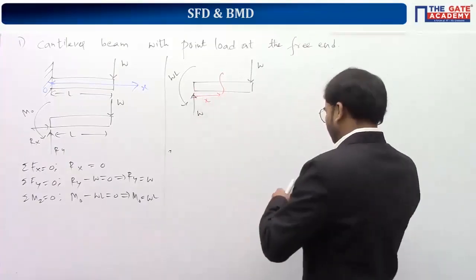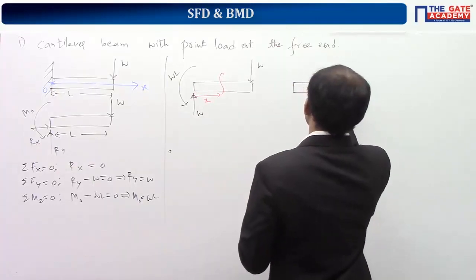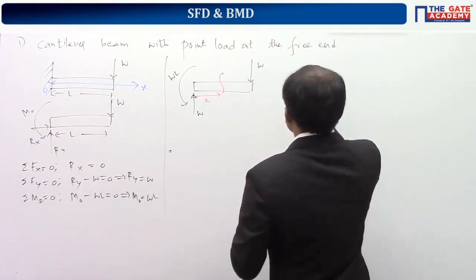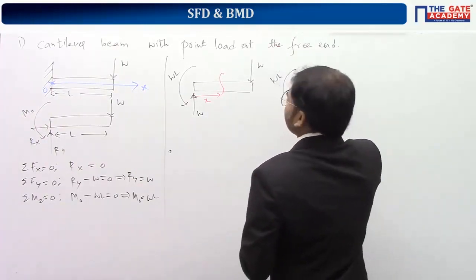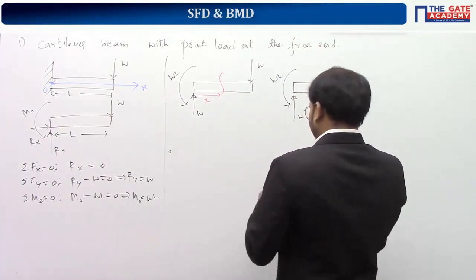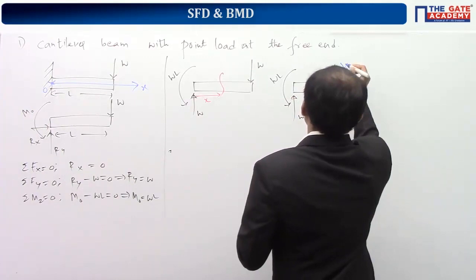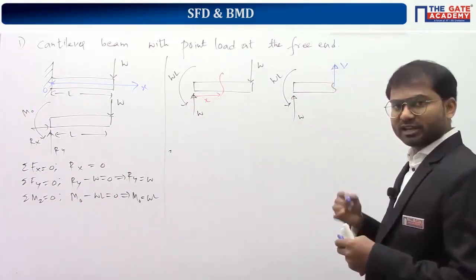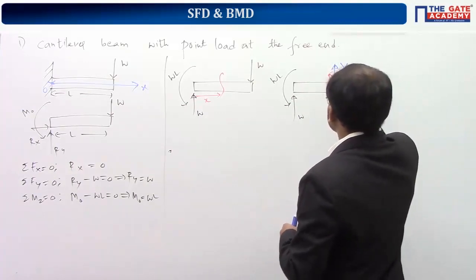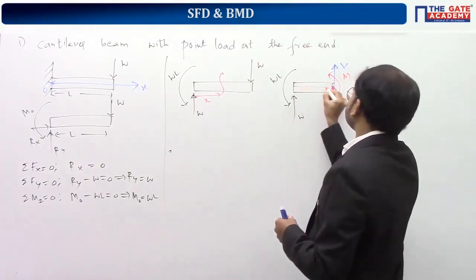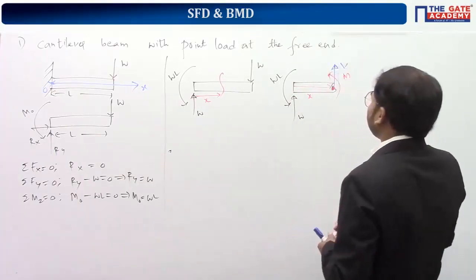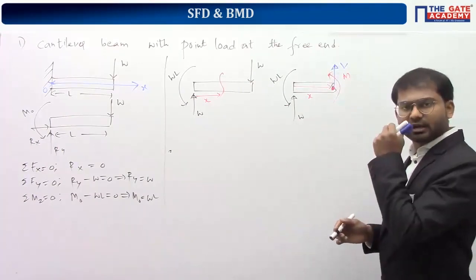Here I am taking the left side cut because there is no significant difference in calculation time whether you take right side or left side. So these are the forces acting on the left side part. We should take shear force as well. Shear force V is upside according to our sign convention, and bending moment should be taken anti-clockwise. We take moment about this point, and this distance is actually x. If you apply the equilibrium conditions, we can get the value of shear force and bending moment.